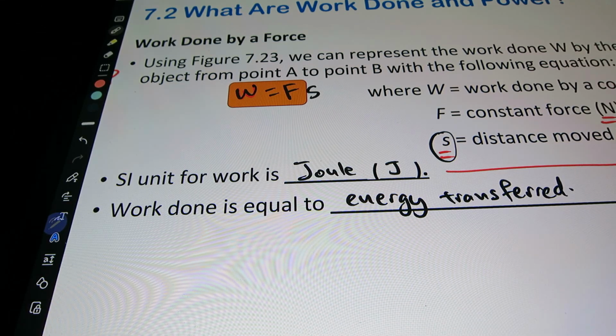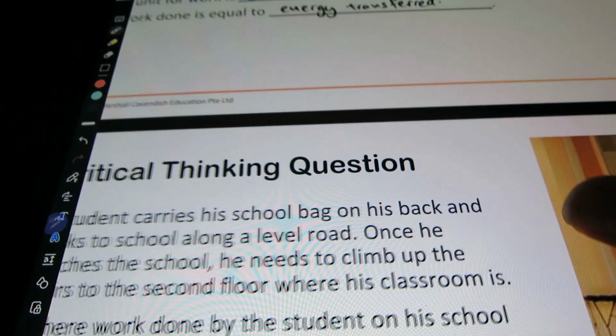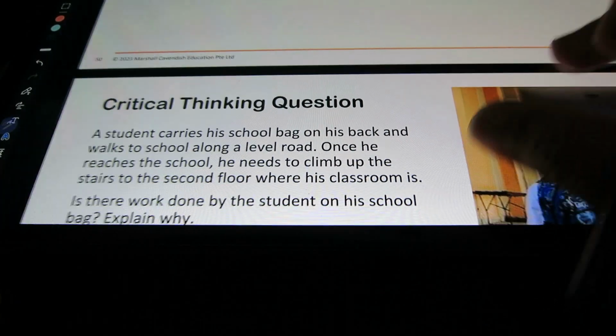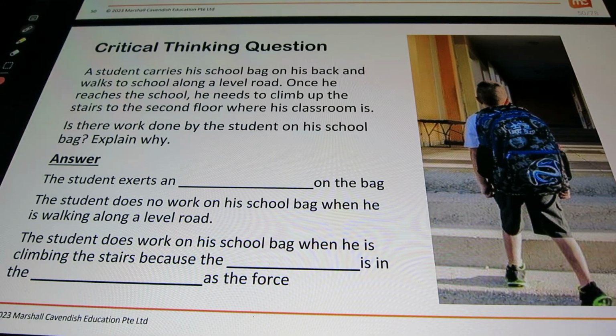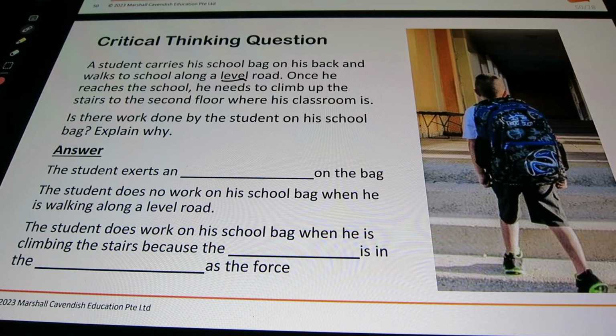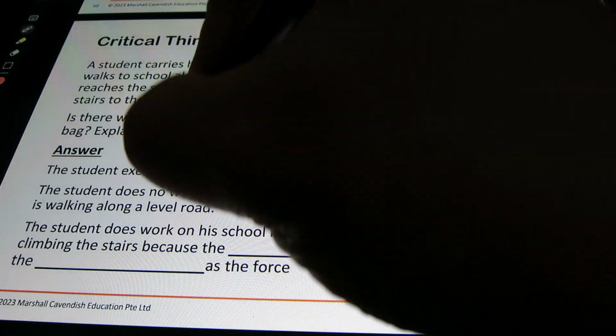Let me give you an example. I have a kid here. The kid is carrying a big bag like this, and he is walking to school along a straight, horizontal, level road. Once he reaches the school, he climbs the stairs. So is there work done by the student on his school bag? The bag is being held up by a force because of the shoulder straps on the kid's shoulder. So the student does exert an upward force